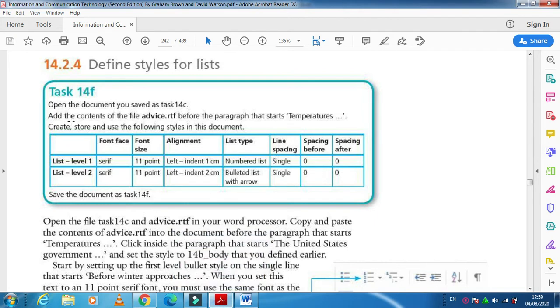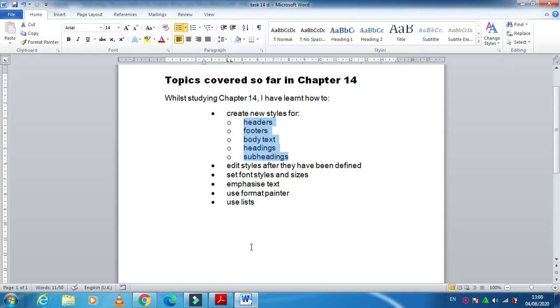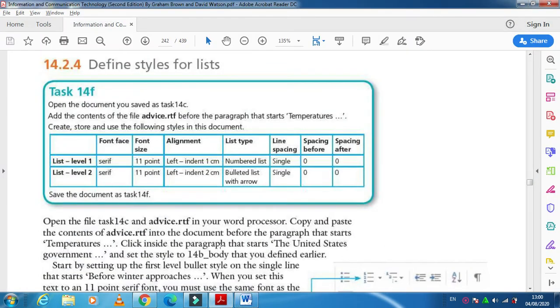As they have mentioned here, add the content of the file advice.rtf before the paragraph that starts temperature, create, store, and temperature. So I need to move back to my document which I have saved in 14C. We'll open that file first.